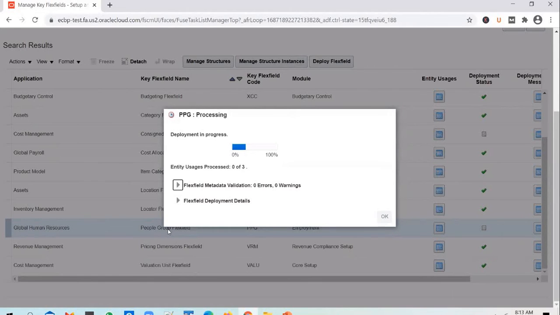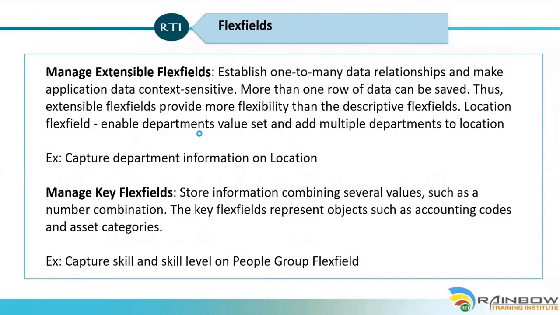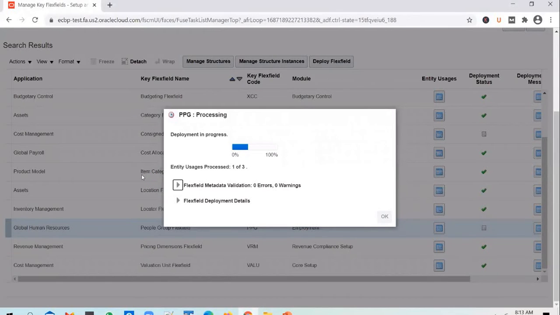Okay, so I'll show you how to do it at both the levels. Key flex fields usually take a bit longer than a DFF or an EFF deployment.